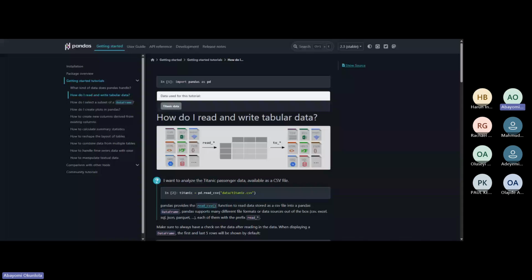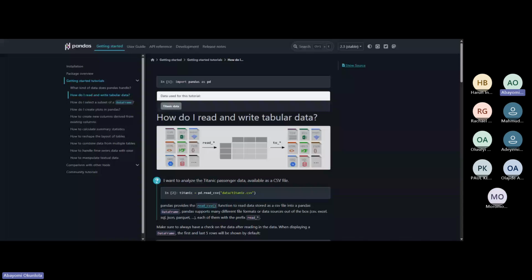Okay, so now how do we read and write tabular data? What we want to do is load data sets. They can be in CSV format, Excel format, HTML, HDF5, JSON, GBQ (Google BigQuery), or SQL, or any other file, name it. How do you turn it into tabular data? And once you are done transforming it, you might need to convert it back into a file format again.